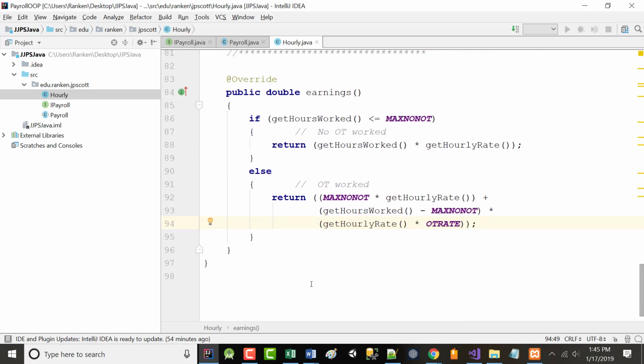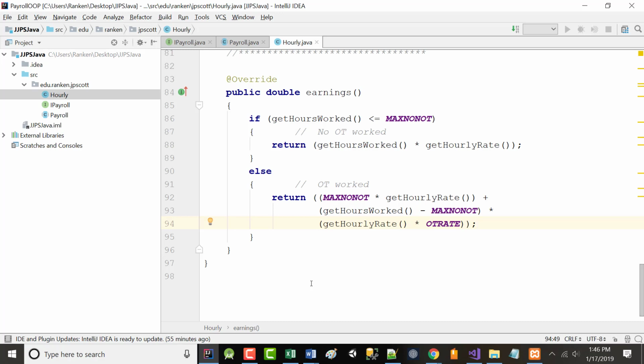Yep. The easiest way, like I said, we're taking a break, but before we do, okay, we got two employees. They both make 10 bucks an hour. The first one worked 40 hours and makes 10 bucks an hour. The other one worked 50 hours and makes $10 an hour. All right? Would you agree the first one worked less than or equal to 40 hours? Would you agree with that? So, it's getHoursWorked, which is 40, times getHourlyRate, which is 10, which gives them $400.